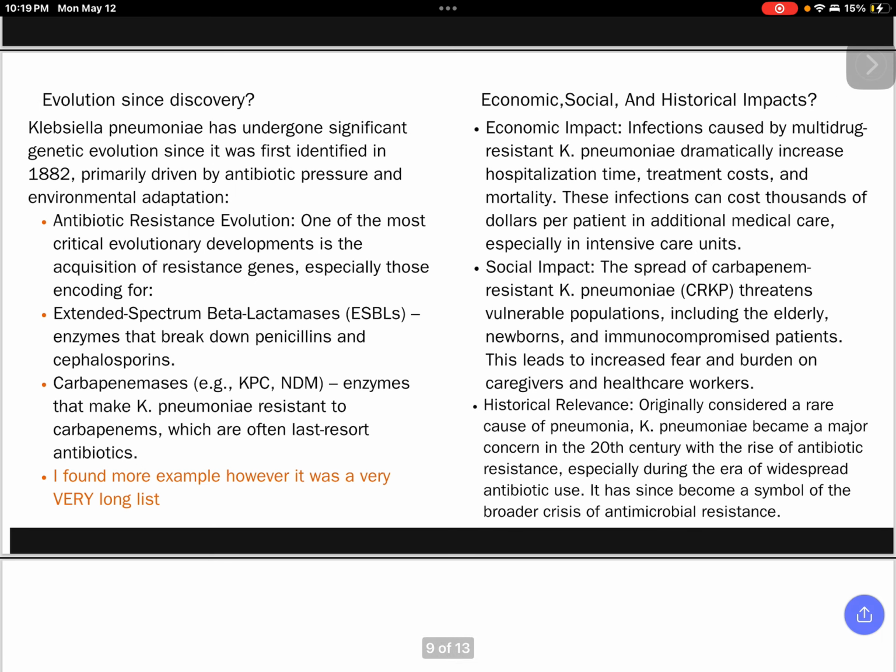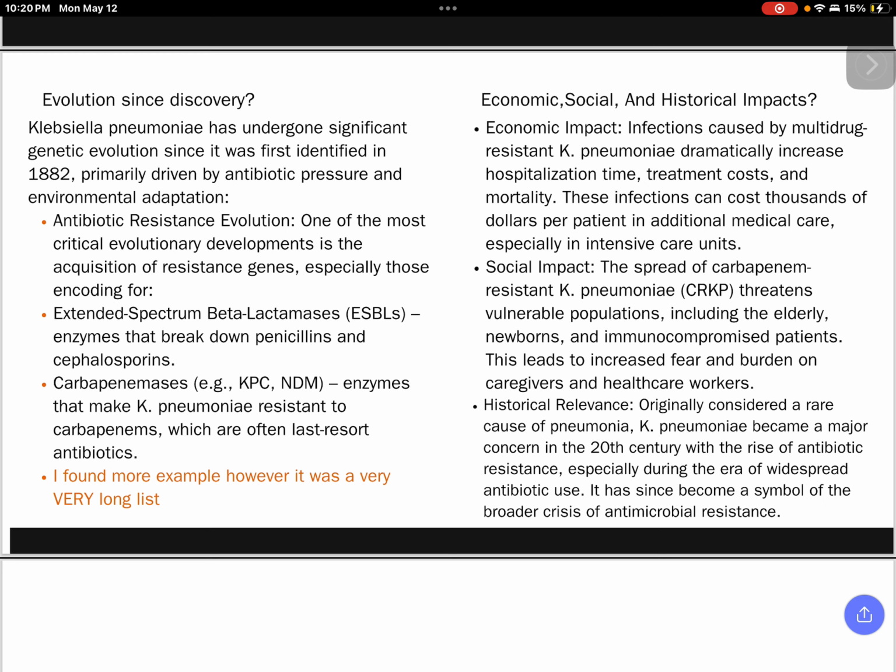Our evolution since discovery: Klebsiella pneumoniae has undergone significant genetic evolution since it was first identified in 1882, primarily driven by antibiotic pressure and environmental adaptation. Antibiotic resistance evolution. One of the most critical evolutionary developments is the acquisition of resistance genes, especially those encoding for ESBLs, enzymes that break down penicillins and